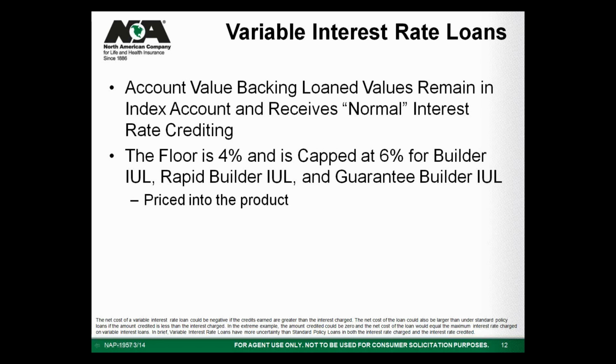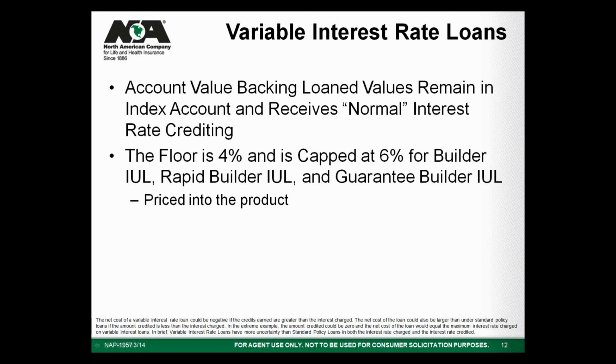Whereas in North American, if it's 7 or 8%, the most we're going to charge is 6. That's 20 bips more than we showed on the illustration. So just having that built-in cap, I think, is huge when you're talking about loans. You can participate if loan rates are low. I mean, the floor is 4. Are we really going to see it ever go much lower than that? You could, but I don't think too many people are going to be upset about paying 4% on the loan. And capped at 6, that's a really nice